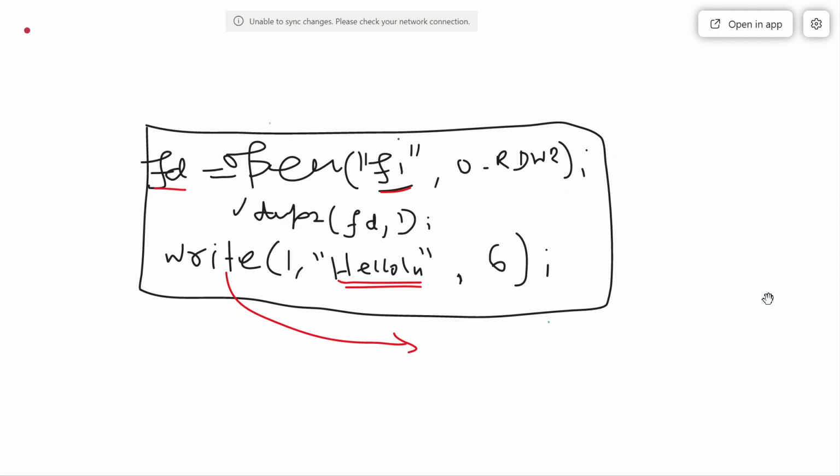This text will go in which file? Anybody from your side? The write operation will be performed on which file?